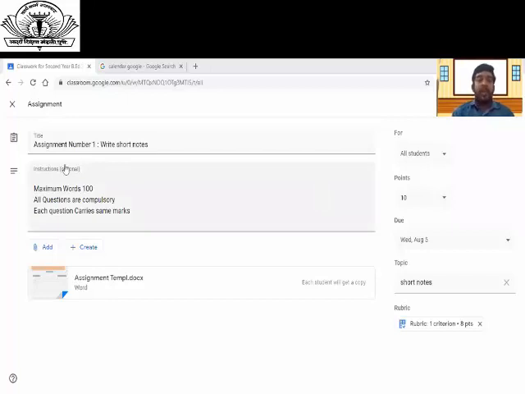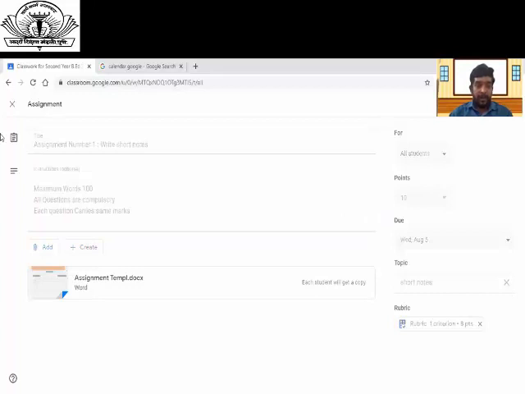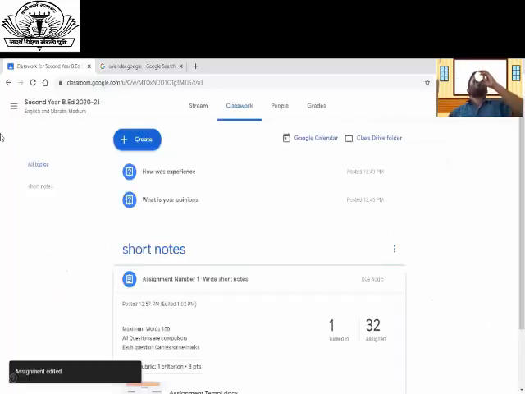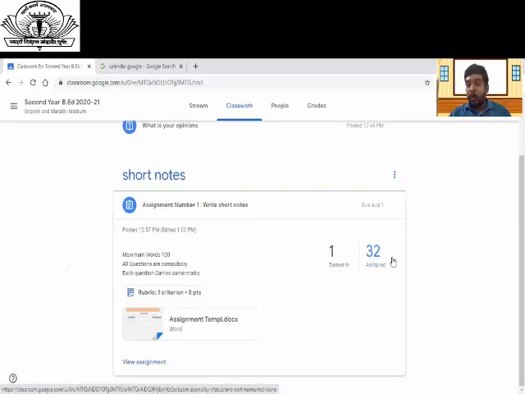This is the textual assignment I have created. I'll click on save and update that assignment. Here the statistics are there. I have assigned this assignment to 32 students and one student has completed the assignment.